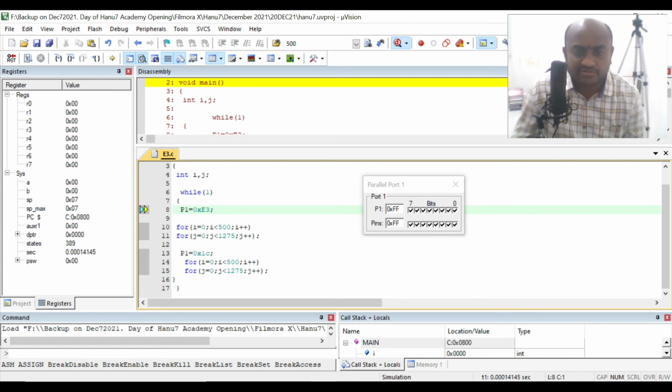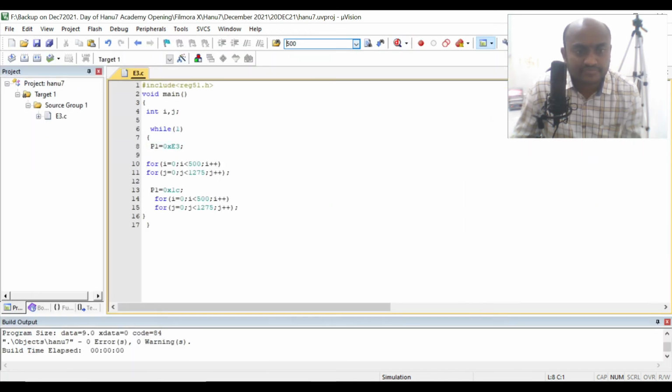So one value you observe is FF, and the other value is FE. Similarly, if you want the 6th LED to blink, one value will be FF, the other value will be BF, and then 7F. So if you write a program like that, then automatically the respective LED will be on and off.